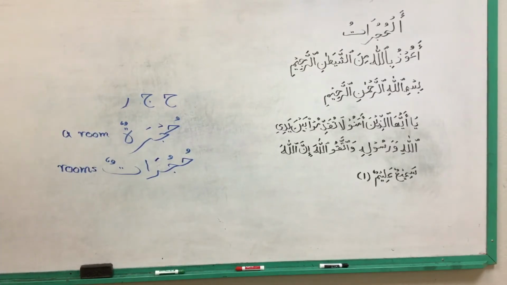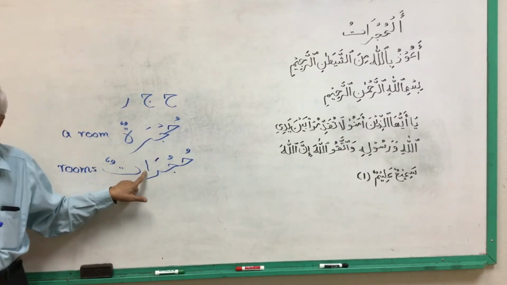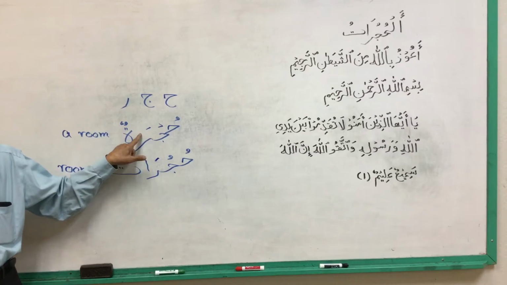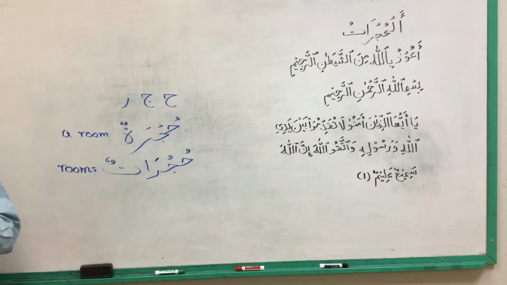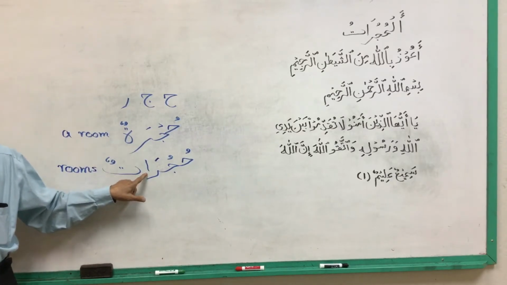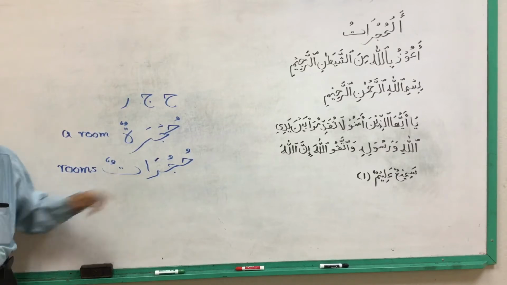When it is written, you can differentiate between the singular and plural, but when you're speaking or reciting, how do you know? Here, if you see, this alif is making the sound of hujara. Okay. This is hujratun. This is another very important thing, that we pronounce the word correctly. If you do not stretch here, hujura. So this is just,